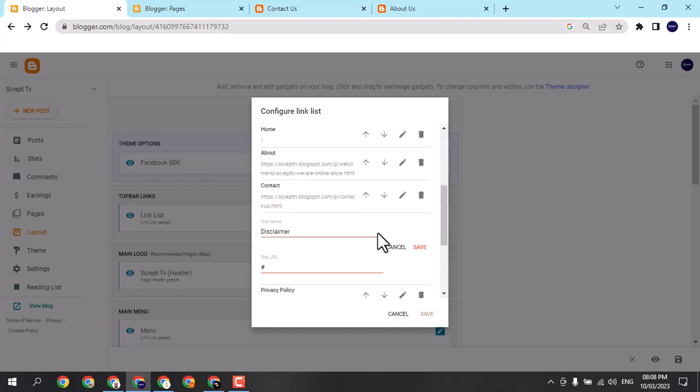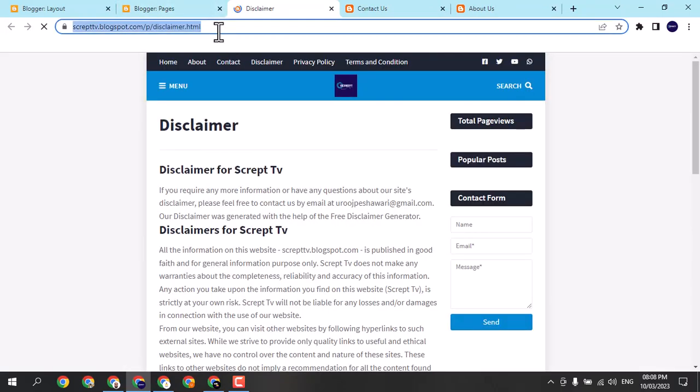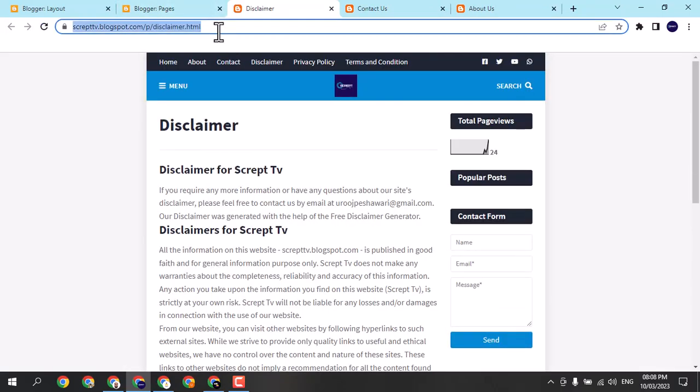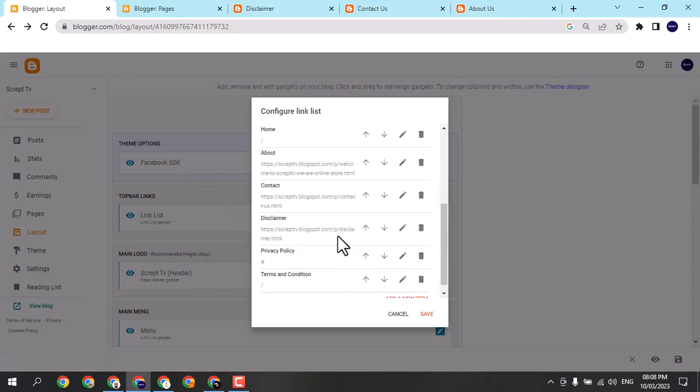After that, disclaimer. Remove the hash number button. So disclaimer, click on this, click on this link, select and copy and paste here. Click on this. Now privacy policy,